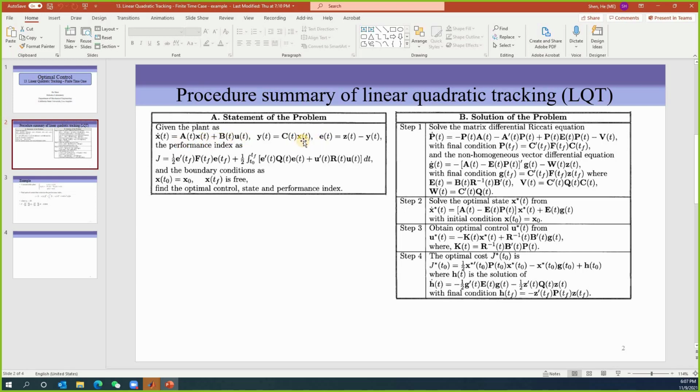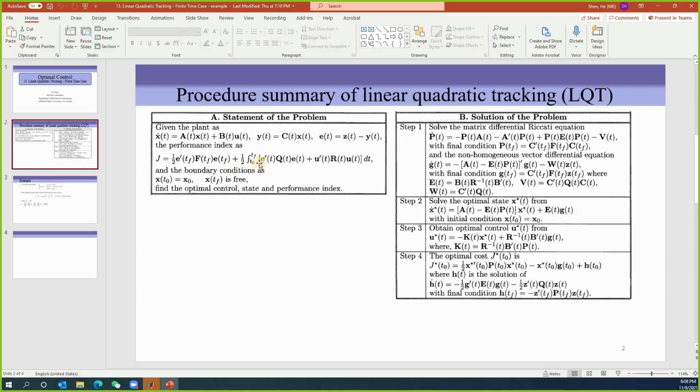So y is equal to C times x. Y is called the output. The error e is defined as the difference between z(t) and y(t). So z(t) represents your desired output, but y(t) is your actual output, and you want to minimize the difference between the two. The performance index is in the standard form, which includes the terminal cost and also the cost along